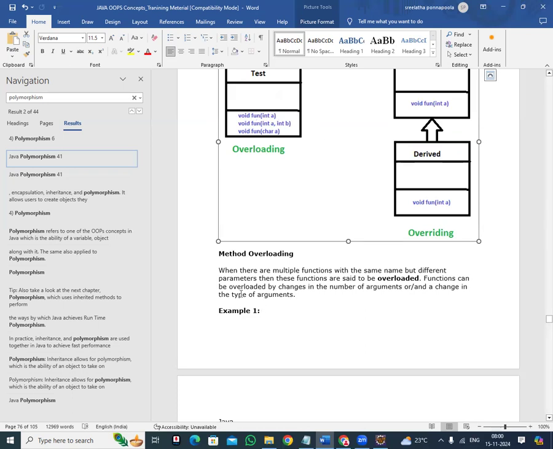Functions can be overloaded by changes in the number of arguments. So how is it overloading? Using different types of arguments, and a different number of arguments also. In the second method we passed two parameters. In the first function we passed only one parameter, an integer. In the third function we passed one parameter, but it is a character. That means the same function will have multiple forms, with different data types and different numbers of arguments. That is called